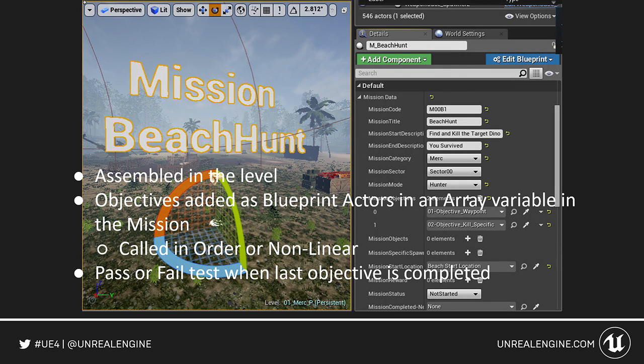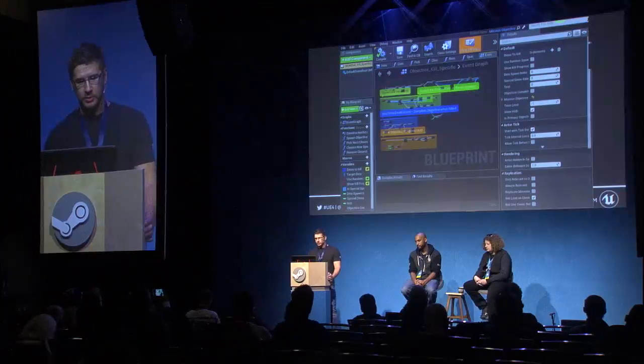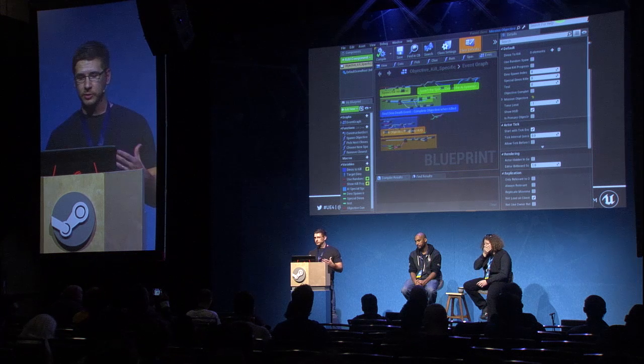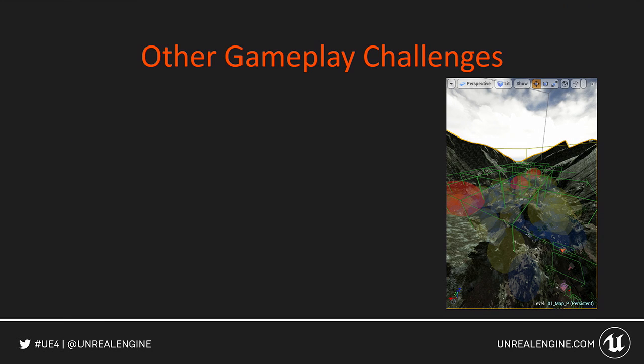You drag the mission actor into the world, filling in all the vars on the right. You can define everything you need to define about it. And this is how we're planning to get a lot more content out than anyone should believe that two people are capable of doing. At least that's the idea anyway. Creating your custom objectives, adding them however you want. And objectives are their own thing as well. There's a master objective class, and then there's child objective classes that draw on those. So again, I know programmers are cringing everywhere. This is not blowing anyone's mind, but this is how we as a small team need to work.